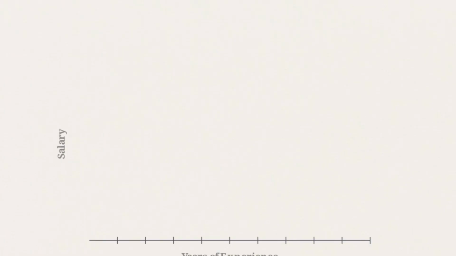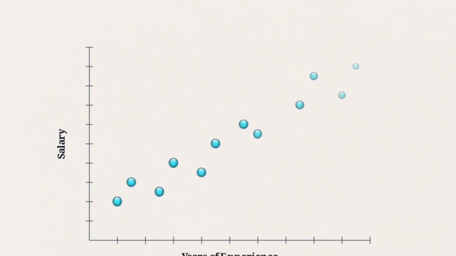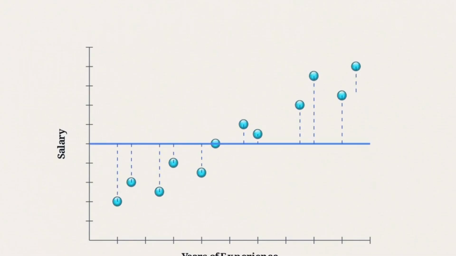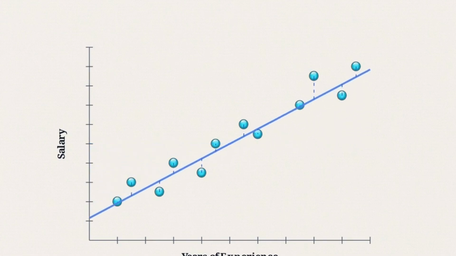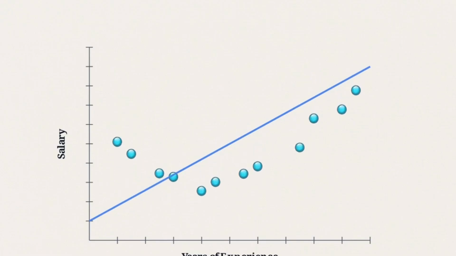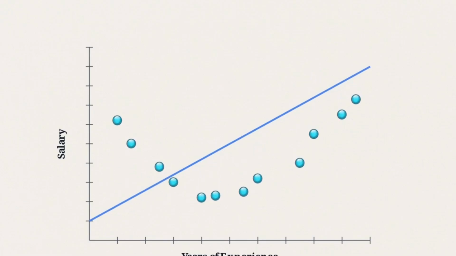When you want to predict a continuous numerical value, like a house price or a stock trend, you use regression algorithms. Look at this graph. Simple linear regression draws a single straight line through these scattered points. The goal is to shift this line until you minimize the sum of squared distances, or errors, between the line